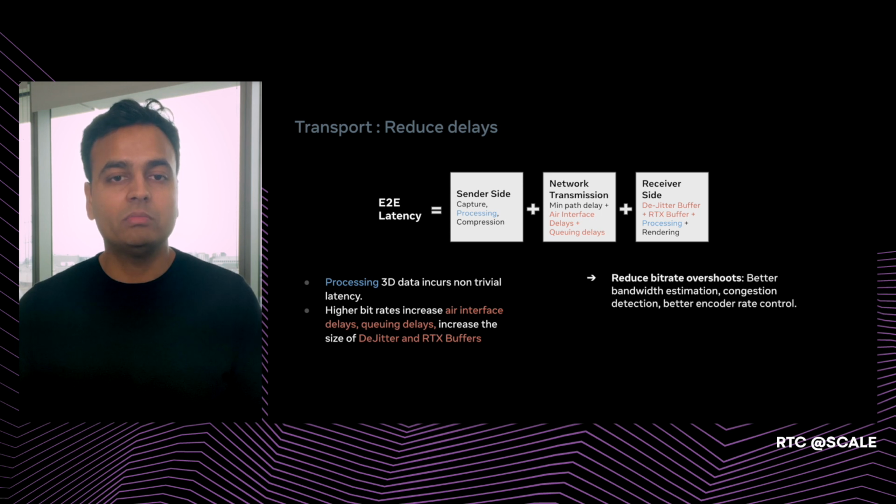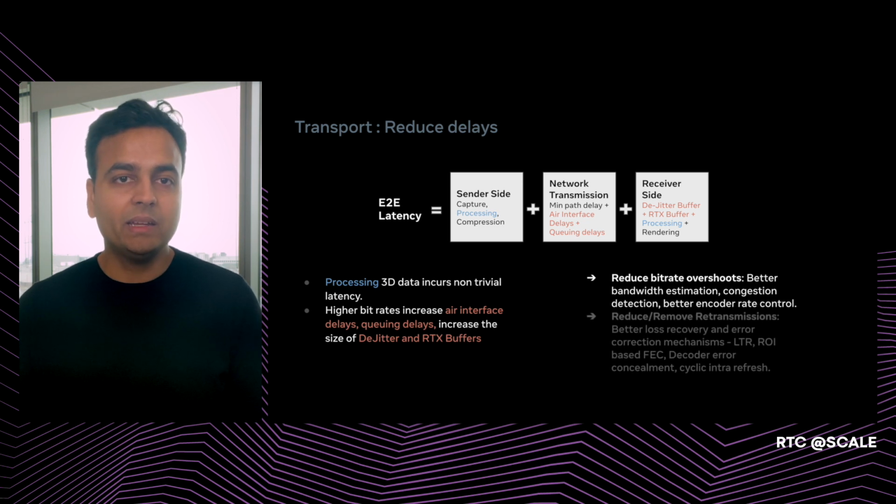First, we can work on reducing the bitrate overshoots. By doing better bandwidth estimation, congestion detection, and better encoder rate control, we can make sure that we are measuring the bandwidth very precisely and we are matching that bandwidth very precisely as well. This will help us reduce the size of buffers as well as reduce the size of any queuing delays. The second is we can